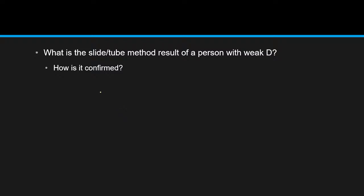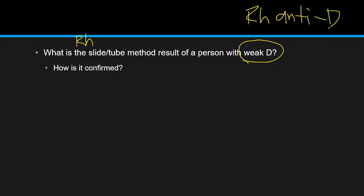Let's move on to the slide methods for the determination of weak D. What is the slide or tube method result of a person who is weak D? Anybody? So I'm asking you guys the question, what is the RH type of the patient? If the patient is a known weak D, when you type him with the RH anti-sera or the anti-D anti-sera, what will be his RH type? Anybody can type it on the chat. You can unmute yourself. RH negative, okay. What about